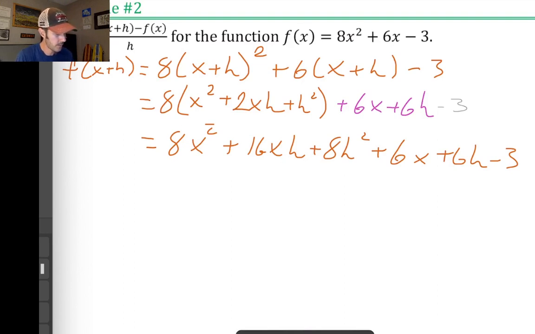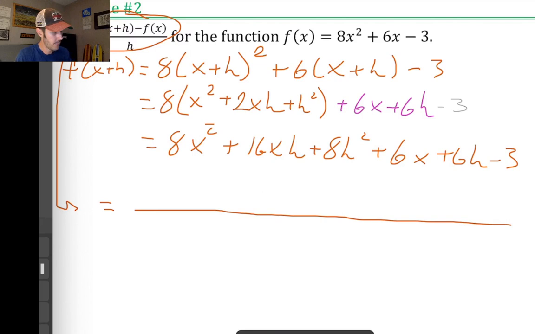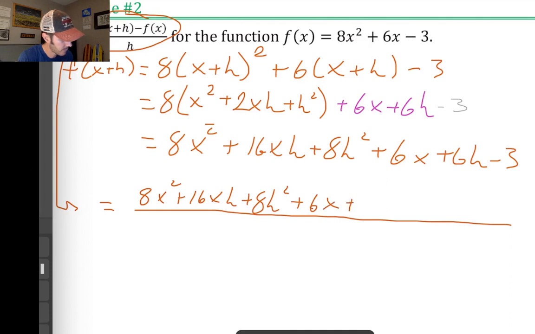You're doing this with pencil or pen, so you could probably rewrite the difference quotient down here and then set it equal to, and then it's going to be a ginormous fraction. The numerator of the fraction is going to be 8x squared plus 16xh plus 8h squared plus 6x plus 6h minus 3, and then we have to subtract,